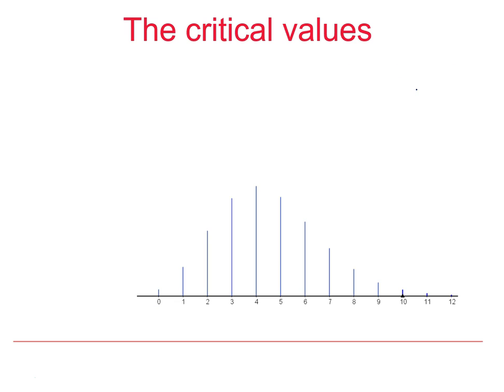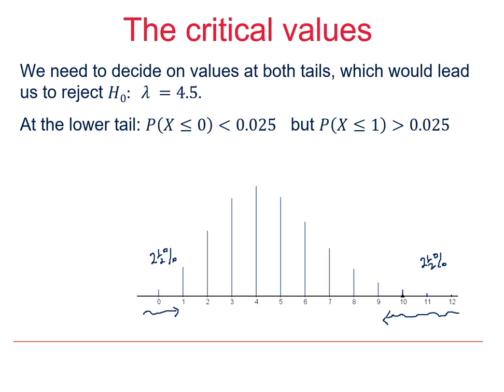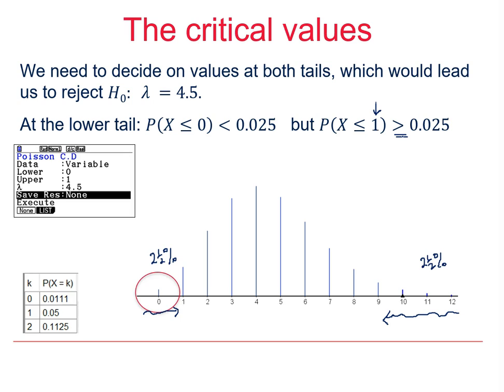And because we are doing this test at the 5% level, we are going to be looking at how many values we need to be including. So the probability of obtaining those values is 2.5% or less when our null hypothesis is telling us that lambda equals 4.5. And what we need to look at is where our cutoff point is. So the probability of getting up to one value is below 2.5%, and the probability of getting up to the next value along, so if we look at the lower end it would be 0 and 1, is greater than 2.5%. And if we look on GeoGebra, you can obtain the individual probabilities, and you can see the